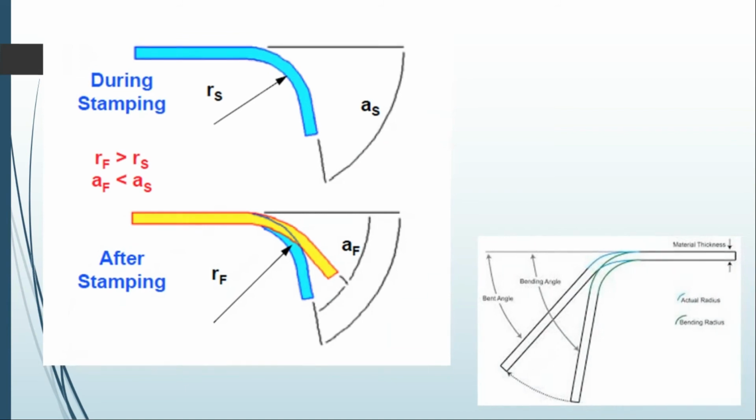Now there is a big terminology called the spring back effect. In thin sheet material, when you are giving the force to make a deformation, a certain amount of force will be absorbed by the thin sheet material. Later it will be released. That is called the spring back effect. During stamping or any process, if you give the deformation up to our expectation, it will bend, but when you remove the punch, it will go back toward its original position. This is how it looks like.